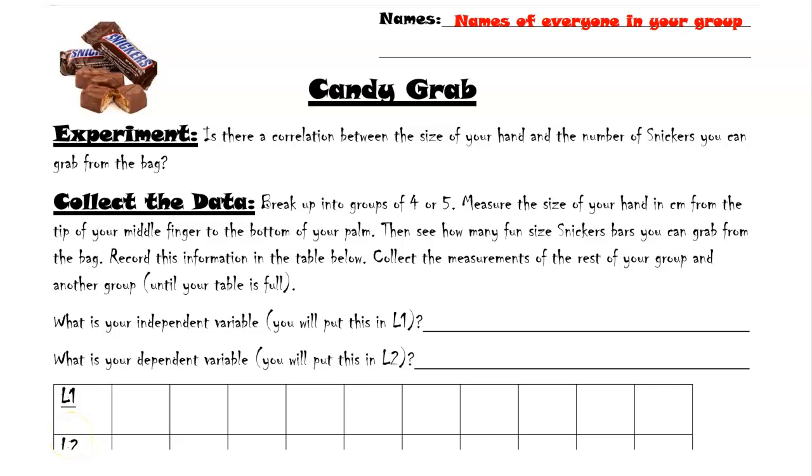Hey guys, we are going to do a lab today. So the first thing you're going to do is break up into groups of 4 or 5 and get a lab sheet. You're going to turn in one sheet for everyone in your group. So just take one sheet, put everybody's name on it. Everybody can fill out their own sheet to have a record of it, but you're just turning in one for